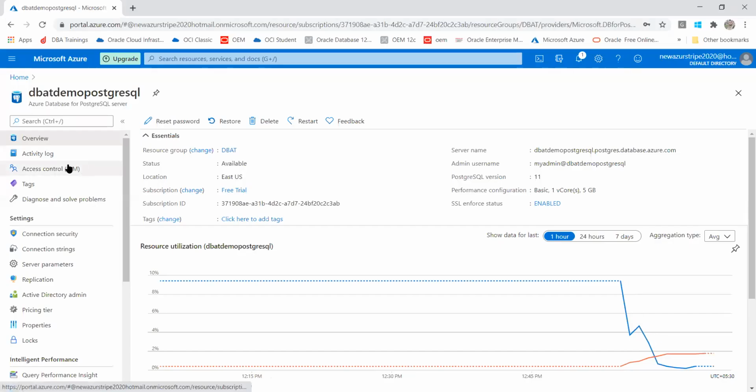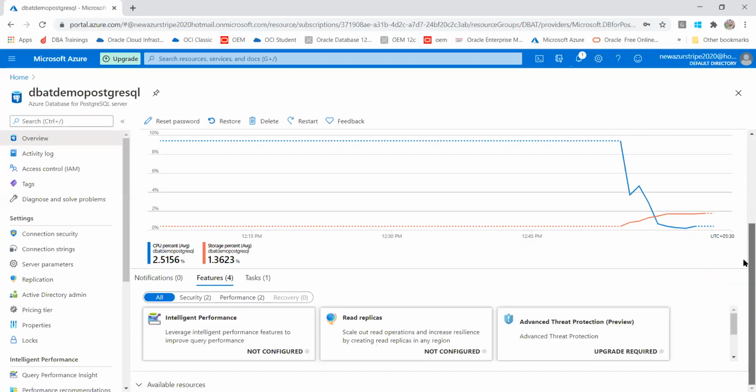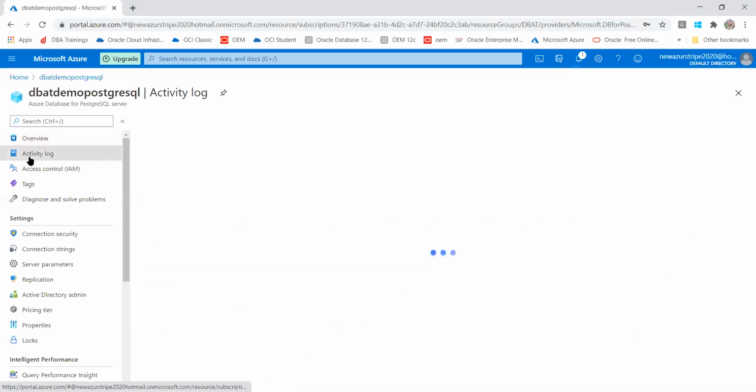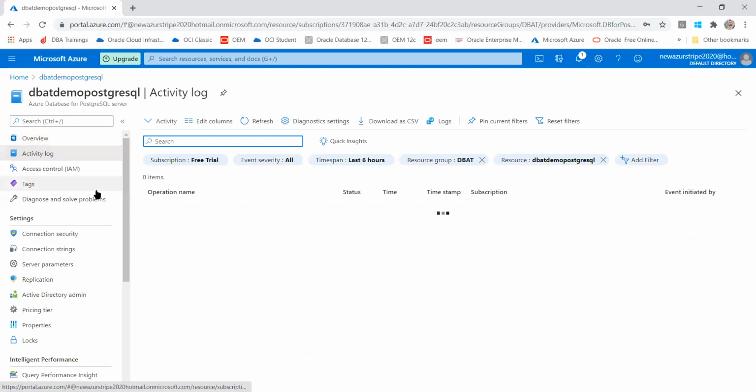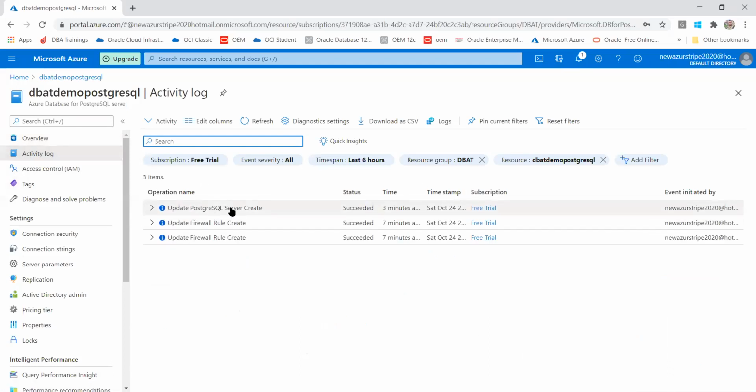Now you can see we are able to see my activity log, what is happening on my database, resource utilization, your CPU, storage, those are all possible. You can see your activity log. So you have updated a PostgreSQL server, you have updated the firewall rules, those are the things.